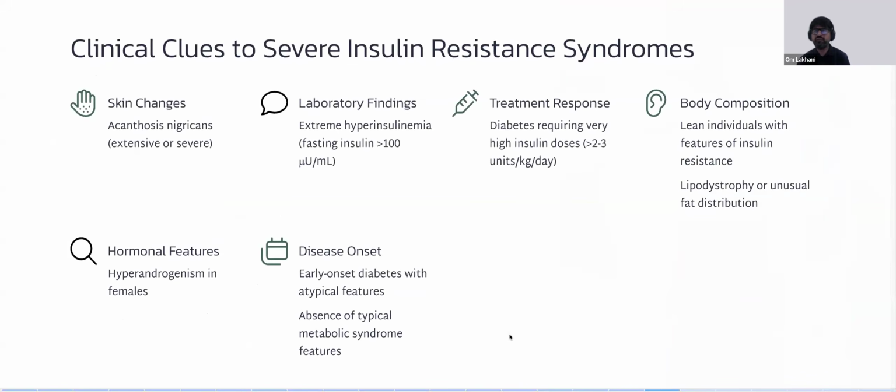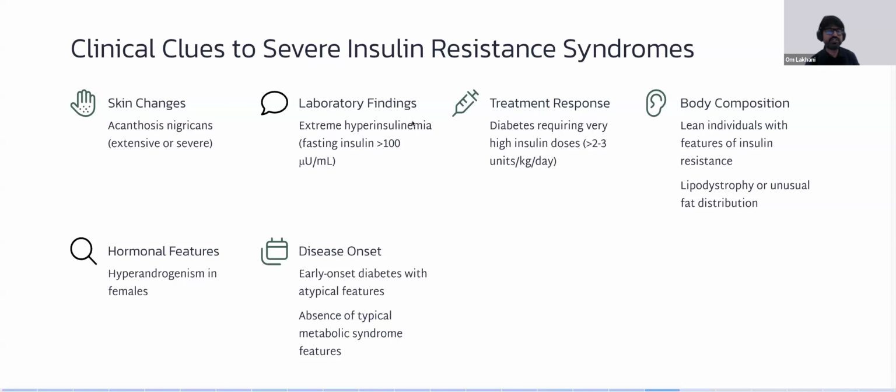Okay, so when should you suspect insulin resistance syndromes? Again, when the patient has severe insulin resistance, severe acanthosis, and so on. Very high insulin levels, fasting insulin levels more than 100, very high levels. If they're diabetic, they require very high doses of insulin. Again, they tend to be generally lean individuals with signs of insulin resistance. An obese individual with insulin resistance, you can